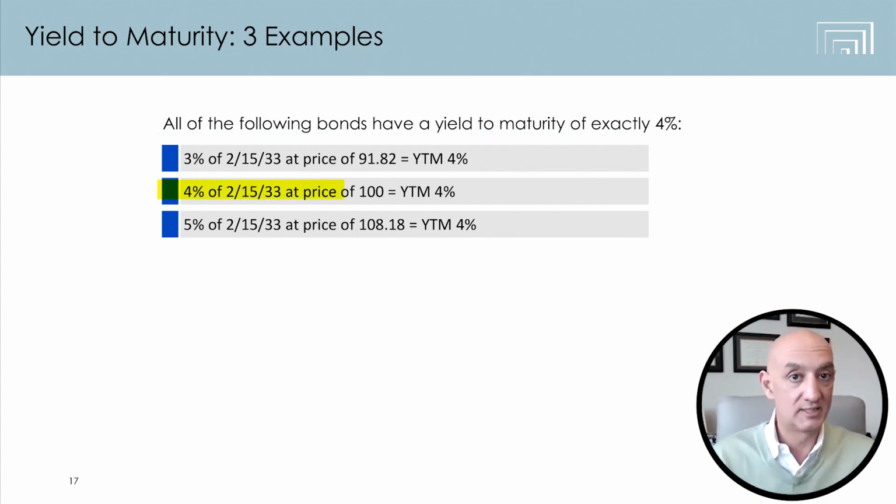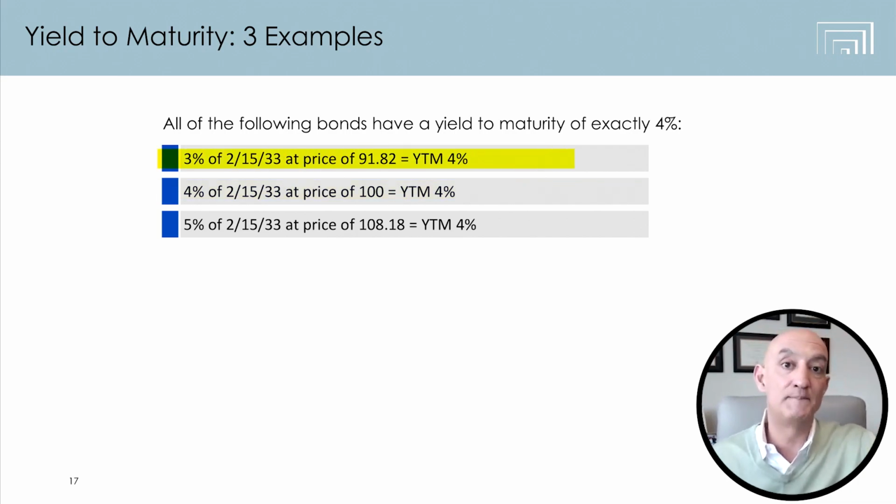The middle bond, the standard plain vanilla, that's called a par bond because it's trading at par value at 100 cents on the dollar. You spend $1,000, you get $40 a year in interest, you get $1,000 back in 10 years. The 3% bond that's trading below 100 is called a discount bond. That is, you're getting a smaller income payment, but your money is also growing. So you're getting some growth and some income for your 4% a year.